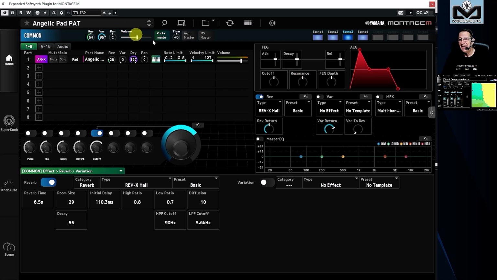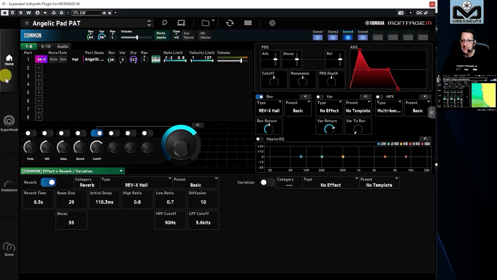So let's see ESP. You see on the top, at the command level where I am here, this is nearly the same thing that we had before. Just the scene buttons are nearer, clearly better, a nice view here. You will see something has changed when we go further, but on the bottom we do not have the nice Montage picture. We have some other things to edit ESP fully.